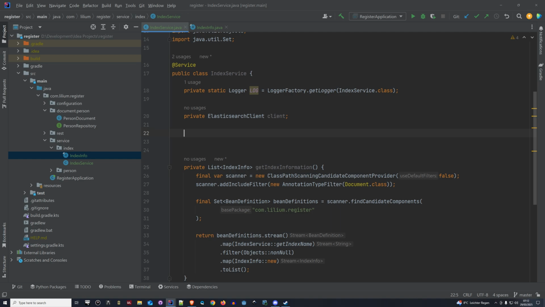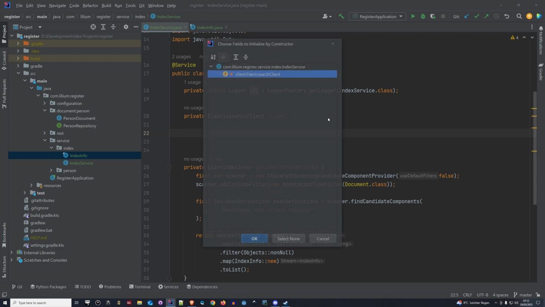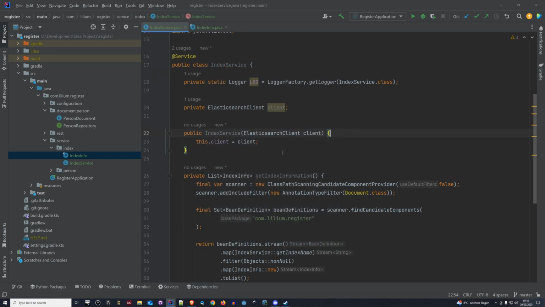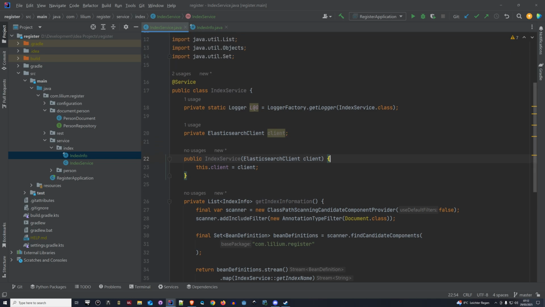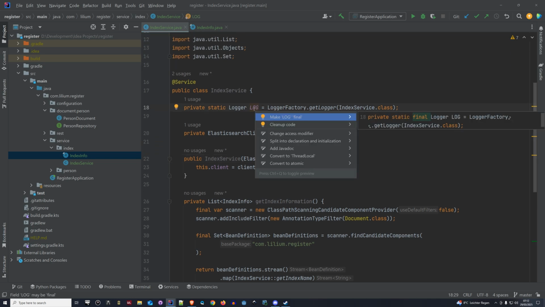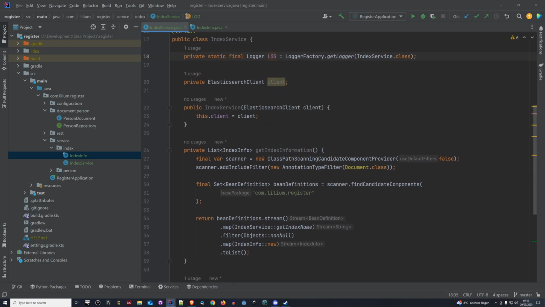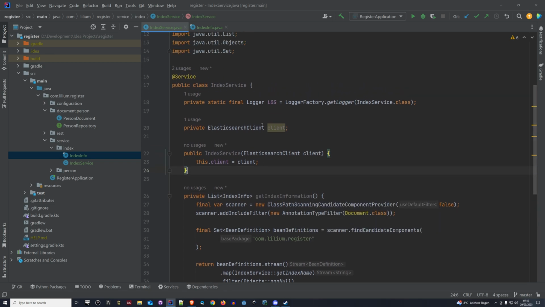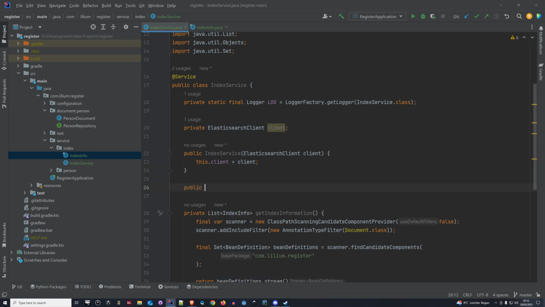So let's then create a constructor for our service where we just have the client, and let me just see. Okay, so this can be final. Then let's see what else we need to do. So we have our client, we have all of our index information, so we have the index names we want to create. Now we need a method to create the indices. So let's create public void